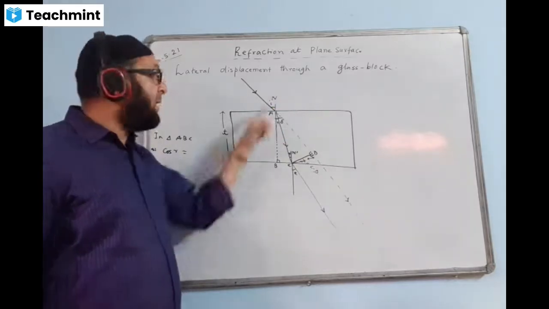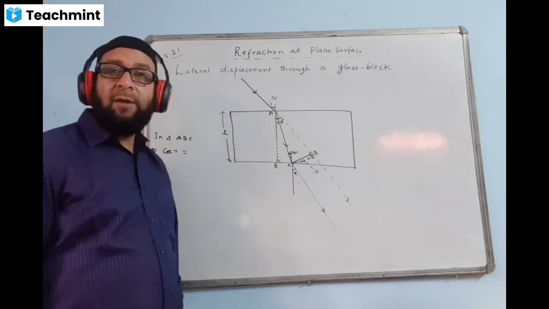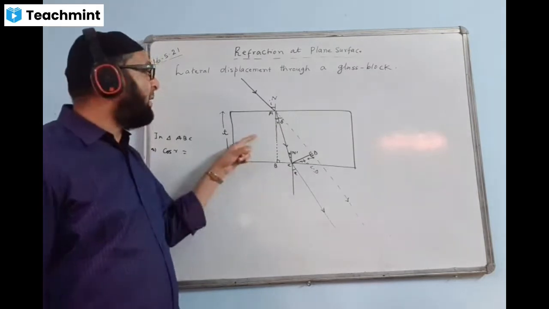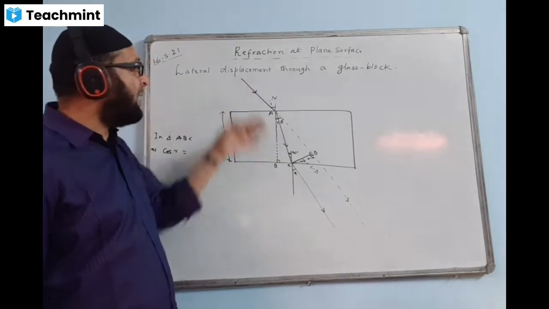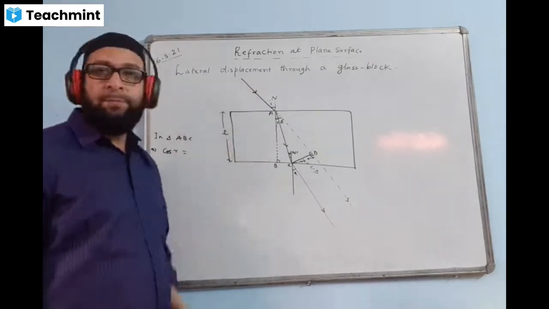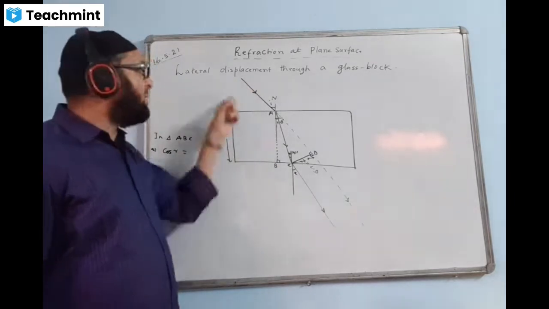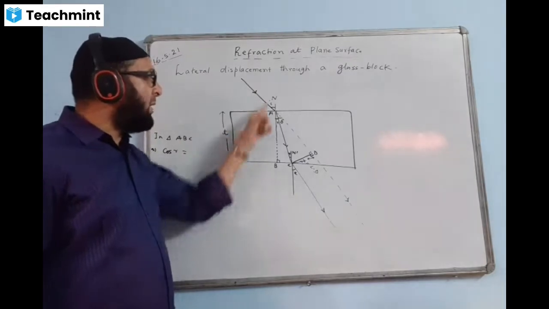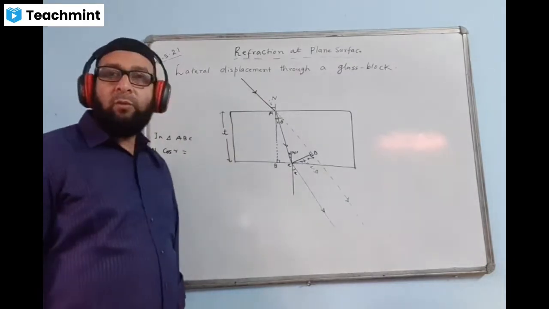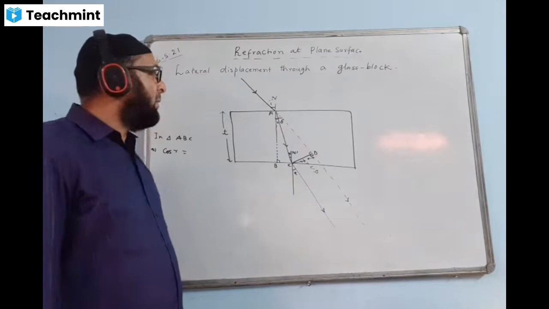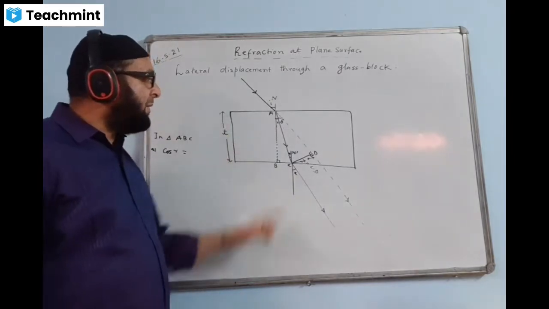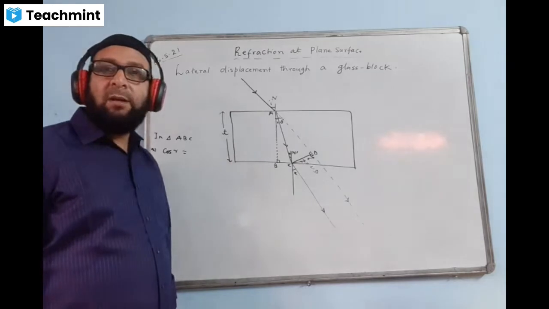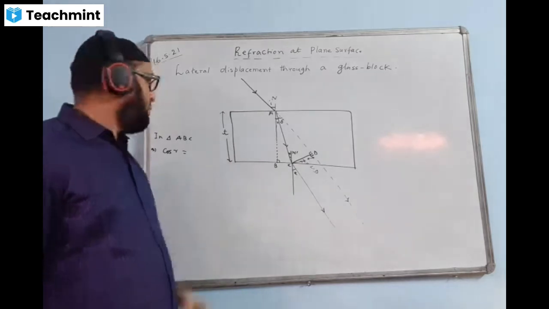Then again I said angle I and angle E are equal. Why are they equal? Because the pair of media, air and glass, is the same, or the medium on either side of the glass block is the same. By chance if this side is air and this side is water, then angle I and angle E will not be equal. Remember. Now, we are not doing all those things. We are calculating the value of x. The formula for x we are deriving now.